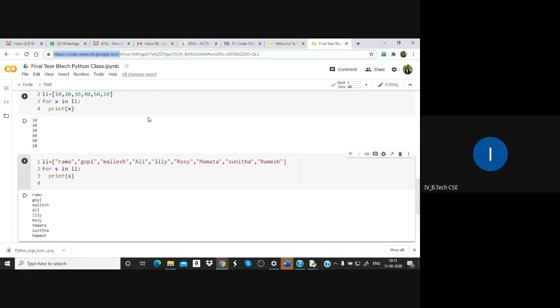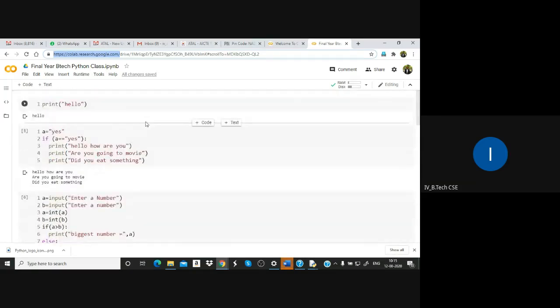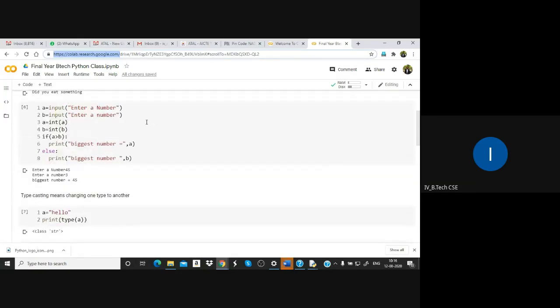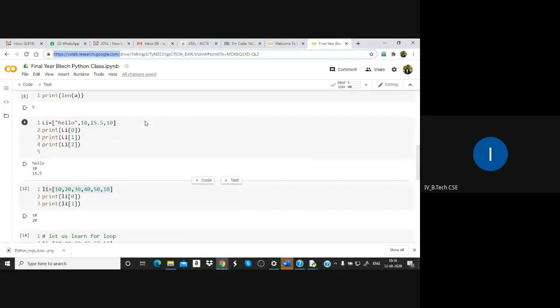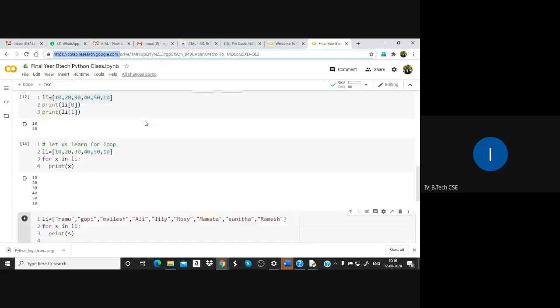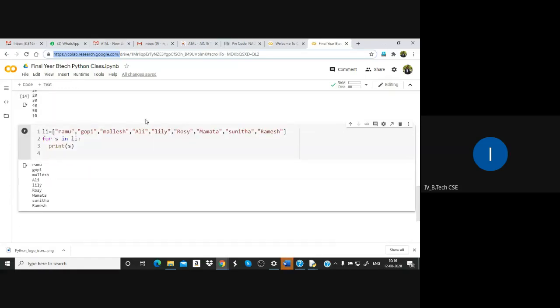If you don't remember this long website name, just remember Colab. If you type that in the browser, you will get this website. And we discussed if statement, input and output, biggest of numbers, and next I discussed about list and for loop. So this is the brief discussion we did today.